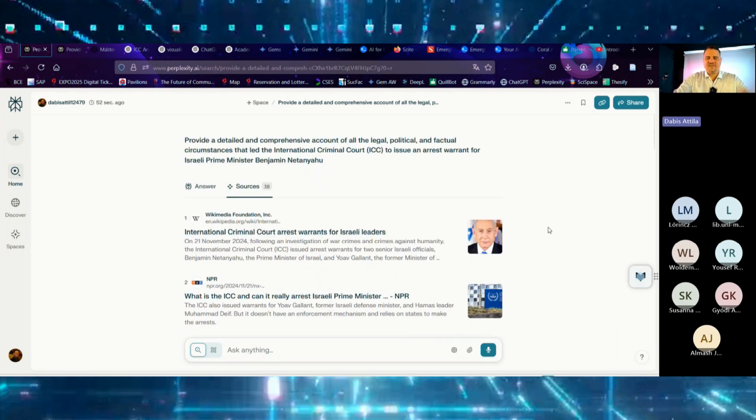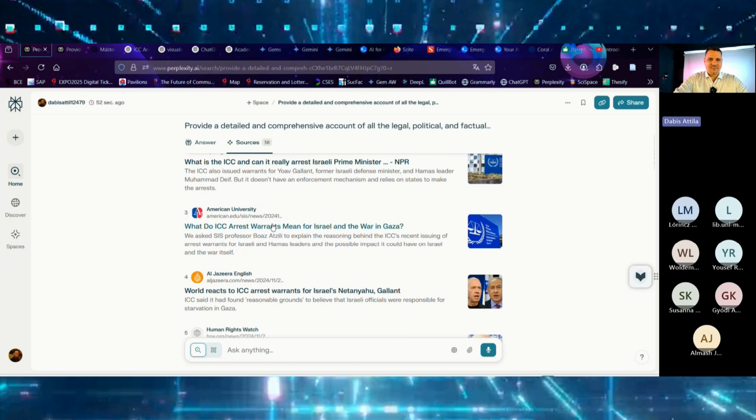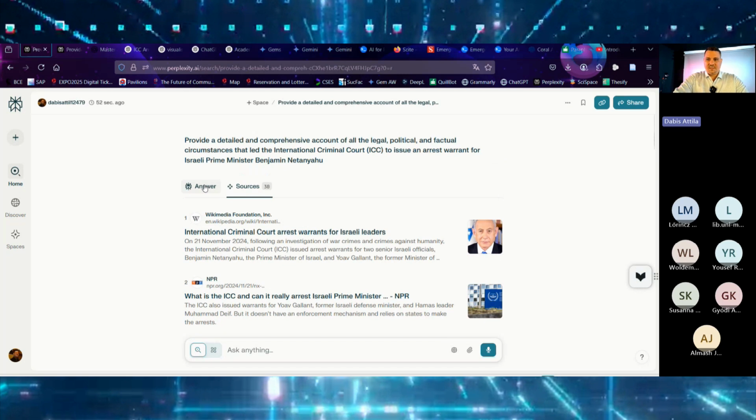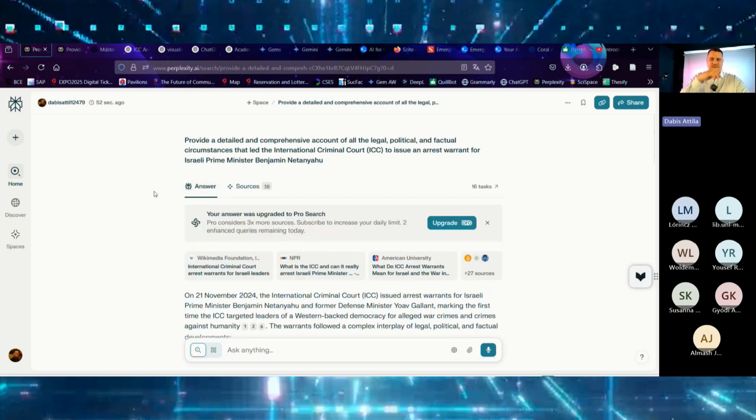And here you can check the sources that it actually used to compile the answer for you. Now, needless to say, from an academic perspective, this is particularly important because you can start scrolling down and assessing whether or not you accept these particular sources as legitimate, like Human Rights Watch or Al Jazeera. So that's really particularly useful, especially because I think if you are talking about these issues with your specific professors,